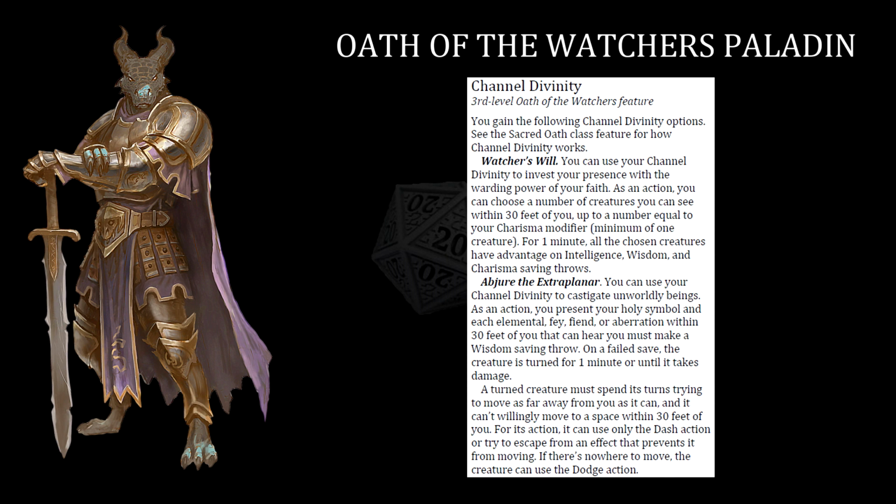It's also another good reason to max out your charisma score as soon as possible, on top of the usual like Aura of Protection and all the other stuff. Abjure the Extra Planar gives you access to same mechanics sort of that the Cleric's Turn Undead Channel Divinity has, but instead of targeting undead, it works against 4 creature types that are often encountered in all sorts of settings